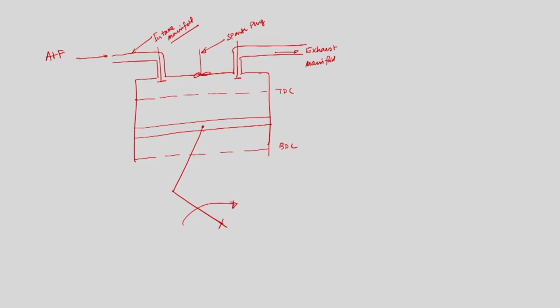Here, what are the different strokes? I will discuss and write in detail. Initially the piston comes from TDC to BDC during the intake stroke. So what is the intake stroke? During the intake stroke, the piston comes from TDC to BDC, the inlet valve opens, and the exhaust valve remains closed. A vacuum is created inside the engine cylinder, and because of the pressure difference, fuel and air in case of an SI engine, only air in case of a CI engine, will be introduced into the cylinder.